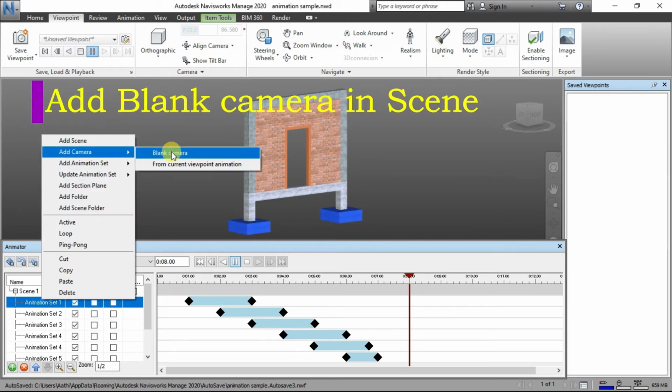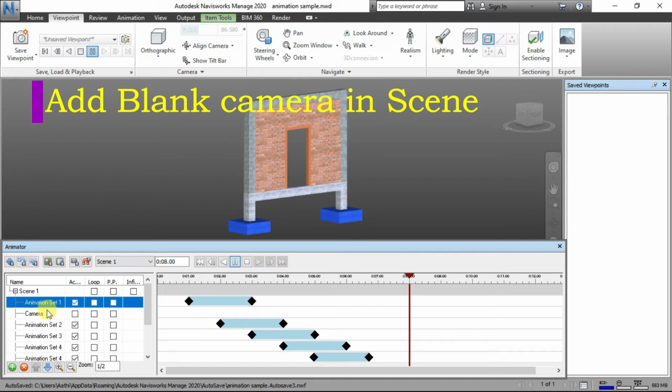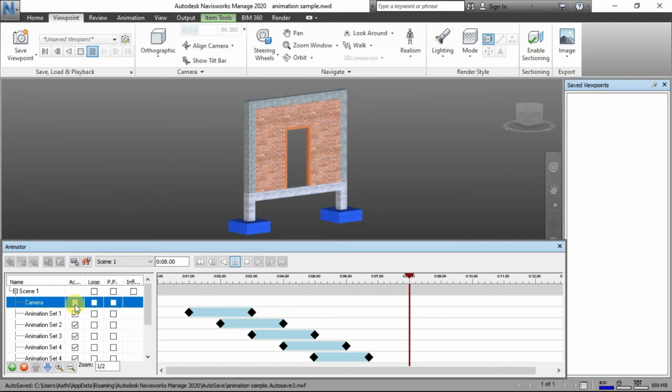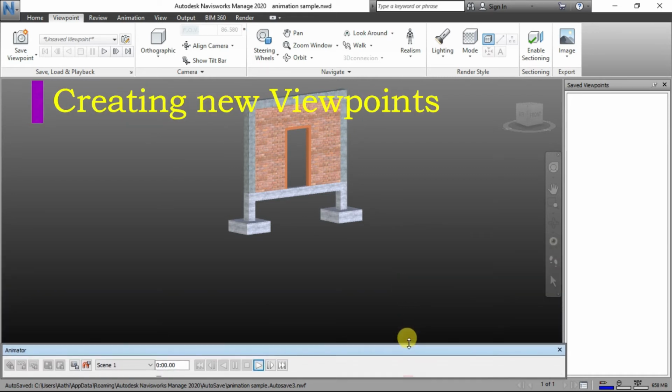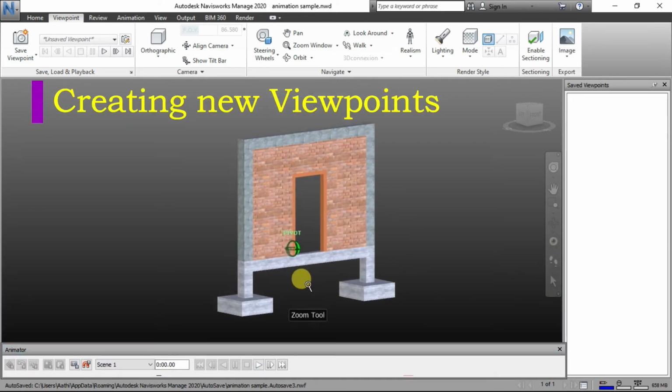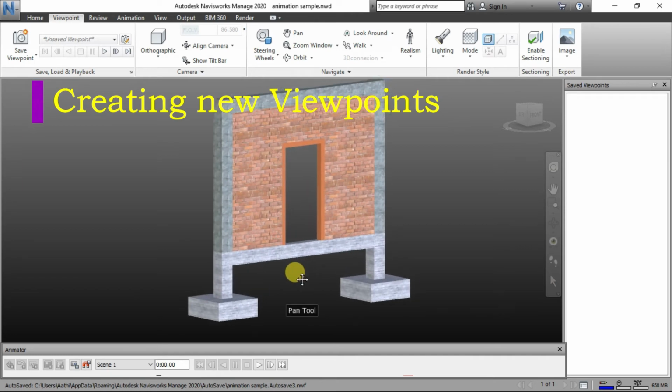I have added a blank camera. Next step is to create a few viewports. A viewport is nothing but how we are viewing the window. It captures the image in the window and saves it.